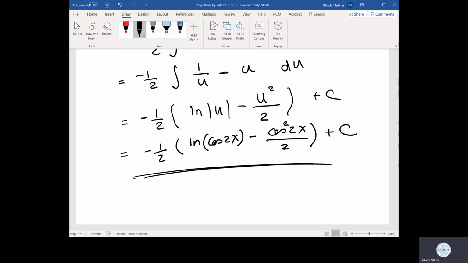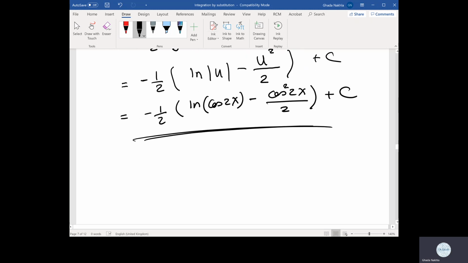I can choose to multiply the half out or the minus sign out, but there's no need to. I can multiply the minus a half by it, but you don't have